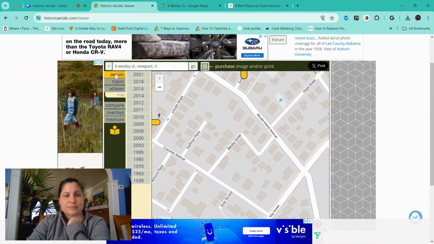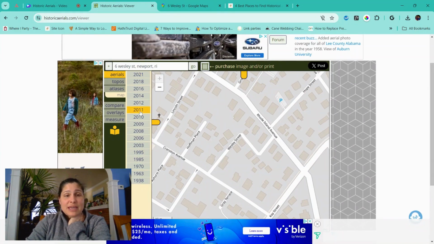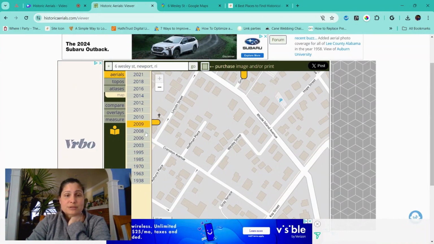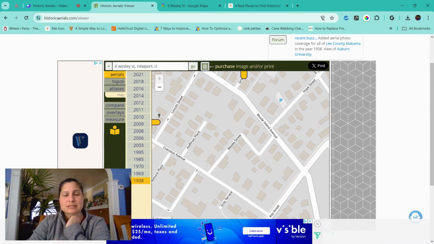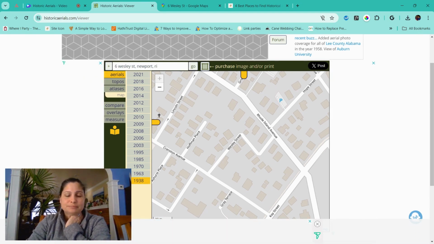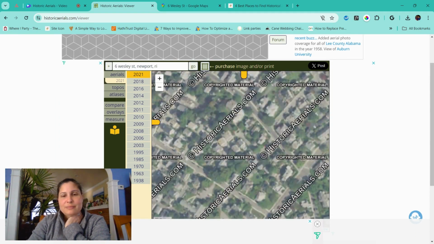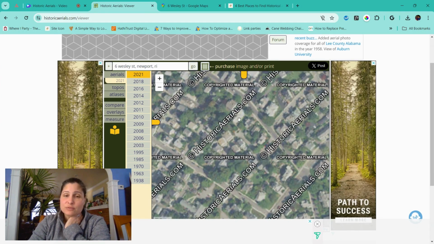So here's aerials. And you can see the aerials are available for all these years, all the way back to 1938, which is great. And I know my grandparents' house was built in the late 1800s, early 1900s, so it should still be there. So I'm going to take a look at the most current one, just because. You'll see that you do get this watermark. Historic Aerials does provide this service for free. However, if you want to make a copy, you do have to purchase an image or print. So I can